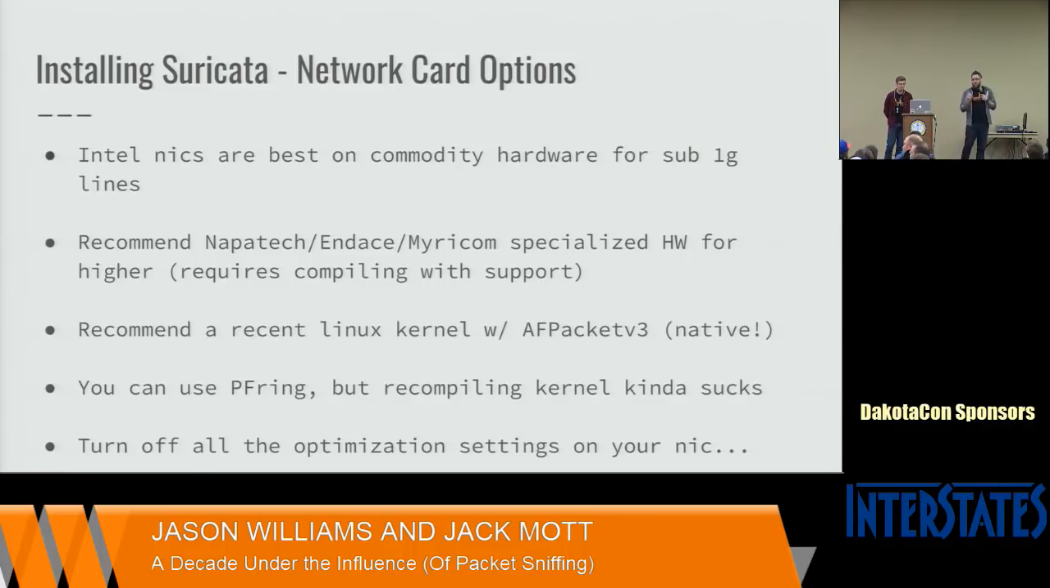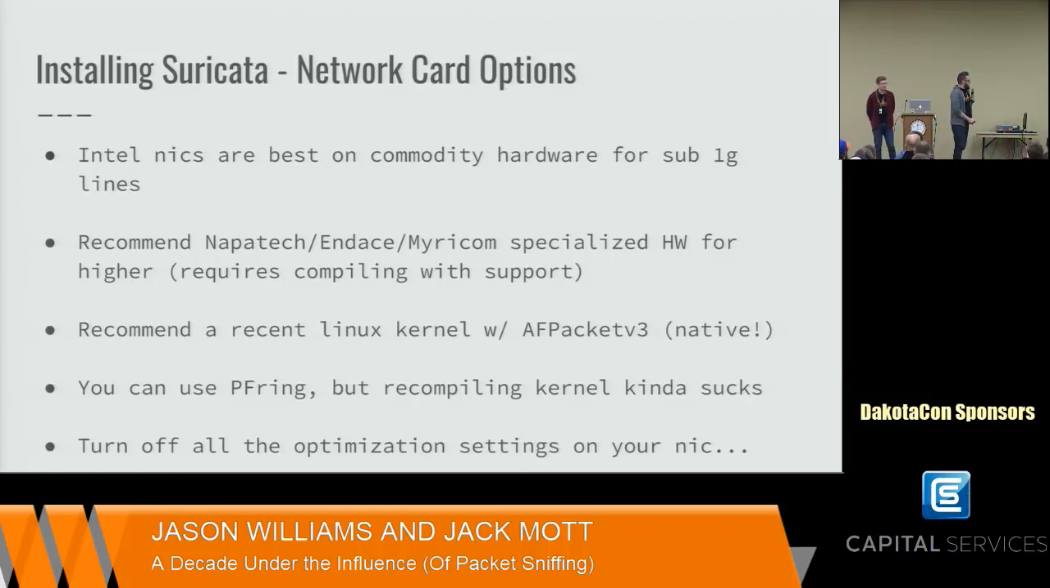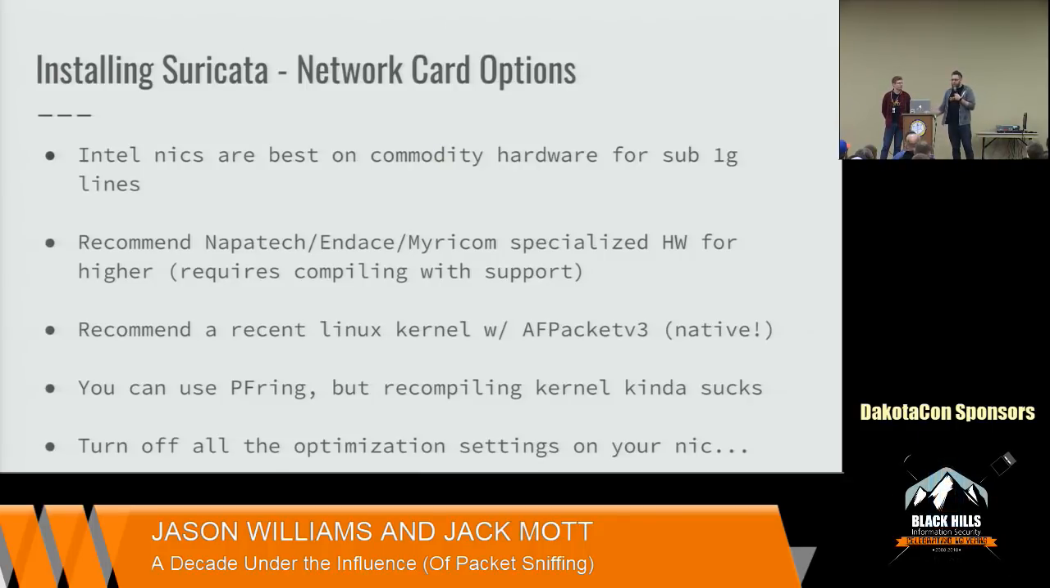PF-Ring is really cool, and when that was the best option around, I used it a ton, but after recompiling the kernel and the tools every time my kernel updated, it really became a drag. So AFPacket version 3 gives you very similar performance to PF-Ring, but it comes without the cost of managing it. And then if you're doing a sniffing interface, turn off all the optimization settings on your network